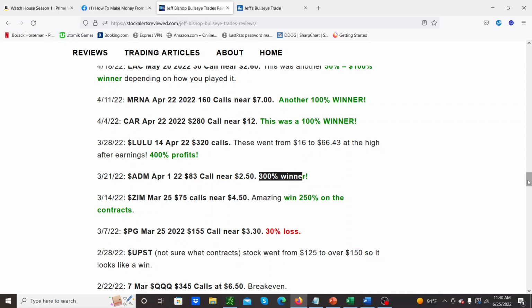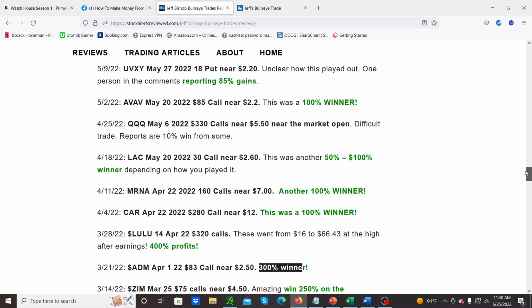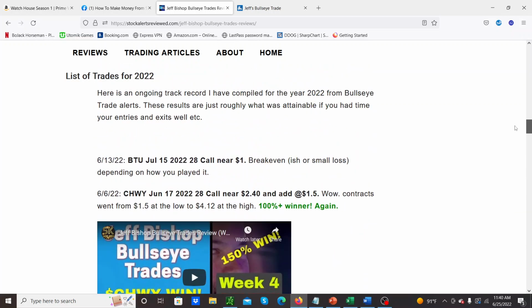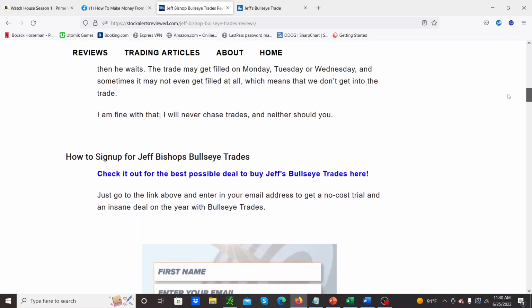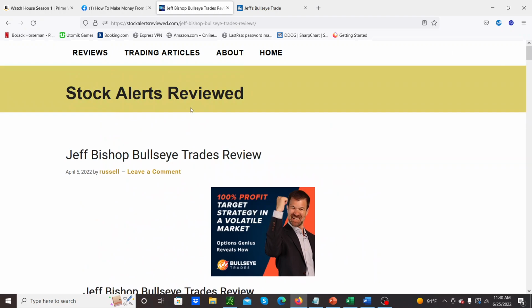Really, there's only been a couple of losses and a couple of break-evens, unsures kind of thing, over the entire year. So this is one of the best services if you're looking for swing trading options, honestly, that you'll find. It costs $97 a year, which is just ridiculous. So go and check this article out, but let's get started into having a look at what this week's successful